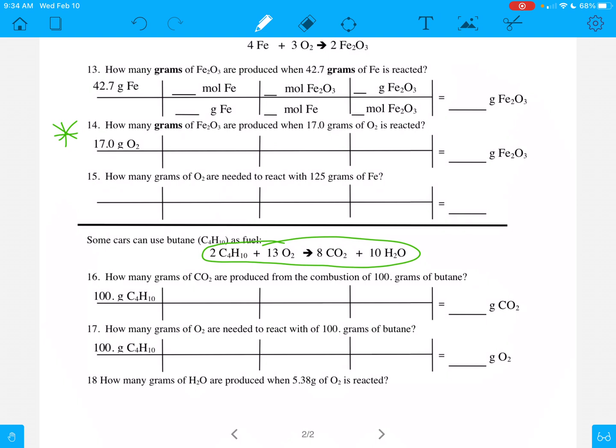Let me see what my timer says. 2:53. Oh, let's go fast. Hurry. How many grams of H2O are produced when 5.38 grams of O2 are reacted? Here we go. Let's write this down. 5.38 grams of O2. I put that in there first. I'm going to draw my line. And let's see. I need to get out of grams and into moles. That means molar mass. I know that 32 grams of O2 is the same